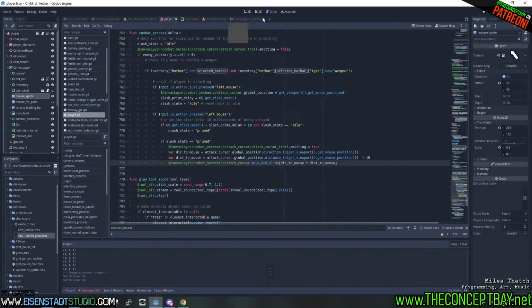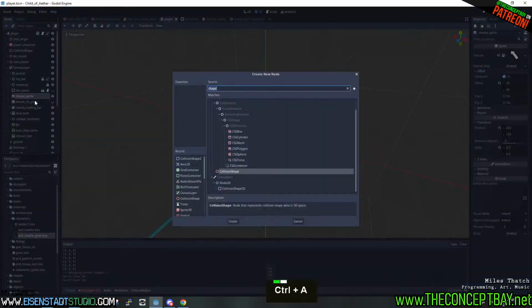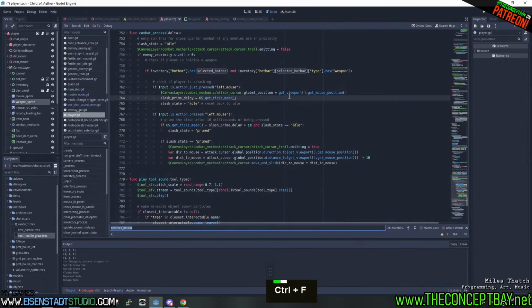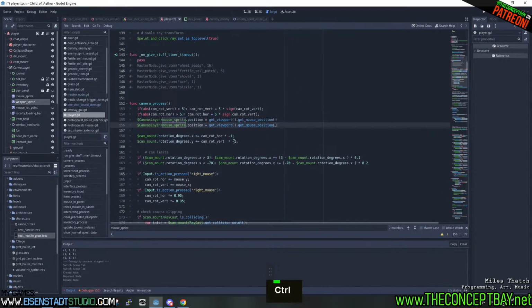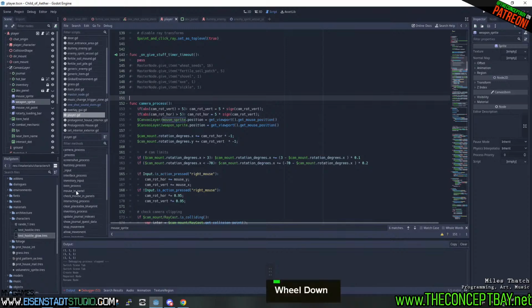We have mouse sprite. Should we just repurpose mouse sprite? Nah. Let's just add another sprite node. This is going to be weapon sprite. Now, realistically, mouse sprite position and weapon sprite position would work together, so they'd have the same item. Now, when we go to combat process,